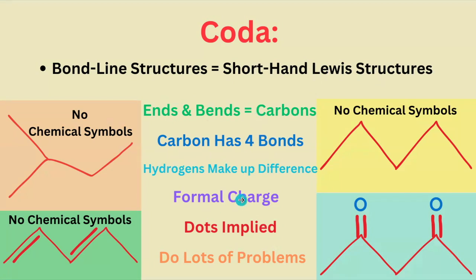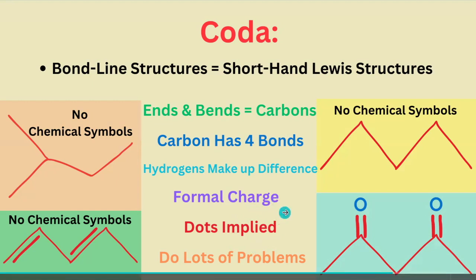Formal charge is indicated not only within a Lewis structure, but in the bond line structure. Next to each atom, we're going to use the fact that formal charge has dots in the equation to solve for the number of dots, or maybe we're given the number of dots and we have to solve for formal charge. Fundamentally, to get good with this, do lots and lots and lots of problems,